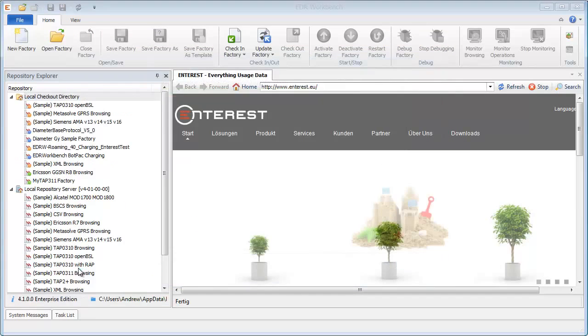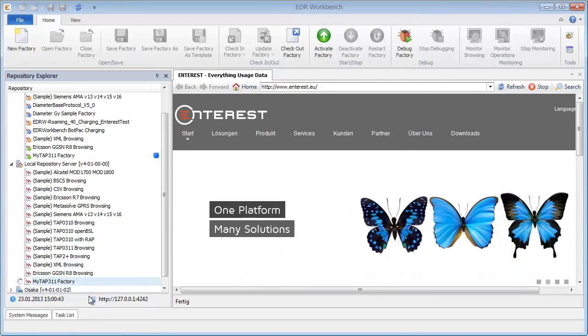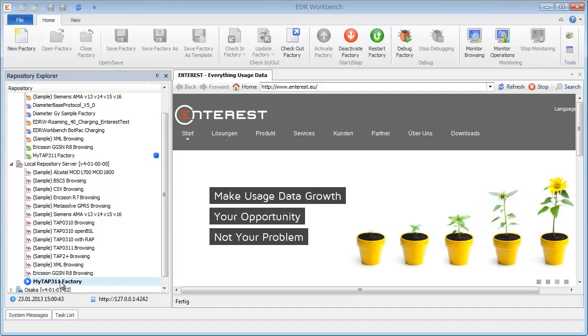You see this is all done fairly quickly. I hope you can kind of follow at least. And here's the modified factory. Now I'll try to run that again. And what happens now in the background, hopefully, yes, now it works, is the EDR Workbench server gets a signal